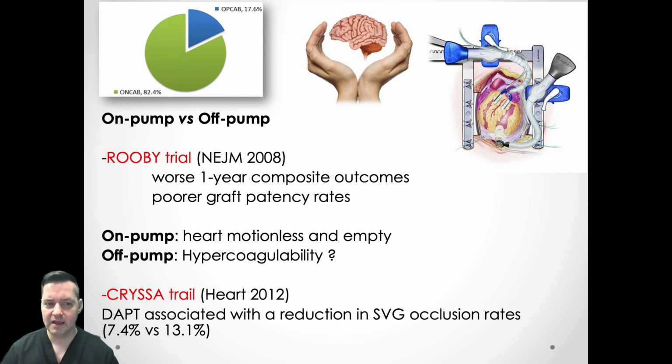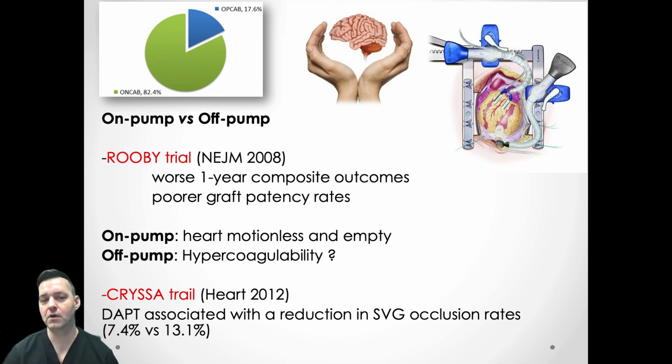When studied head-to-head, on-pump versus off-pump CABG, by and large, there was a trend towards higher long-term mortality in the off-pump group, with higher need for revascularization due to incomplete revasc or worsening graft patency. A lot of this has to do with the inability to get distal, on the beating heart. So a lot of these distal anastomoses that you're able to do with more success on pump really couldn't be